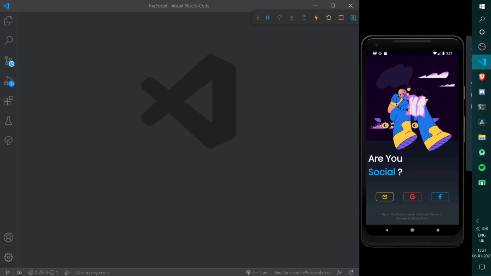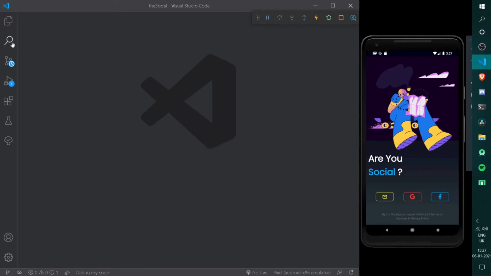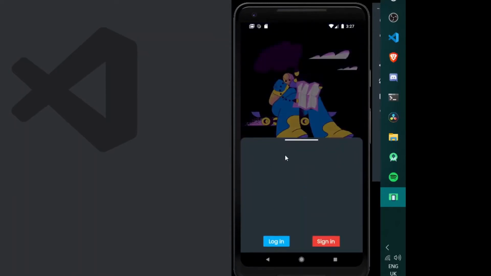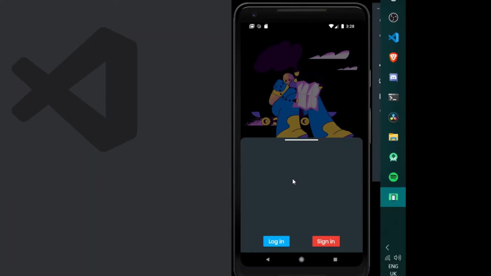So first of all, let's integrate the service of passwordless sign-in under our The Social. If you have followed me in my previous tutorials, you may remember we have added the functionality that all the users who are signed in under our The Social will be shown here. That is, the user data is shown under a stream builder under the sized box. So we shall be adding one more thing under our Cloud Firestore, which is the user's password. Now don't worry, in the next tutorial we are going to encrypt the password. For now we are going to add the plain password text under our Cloud Firestore.